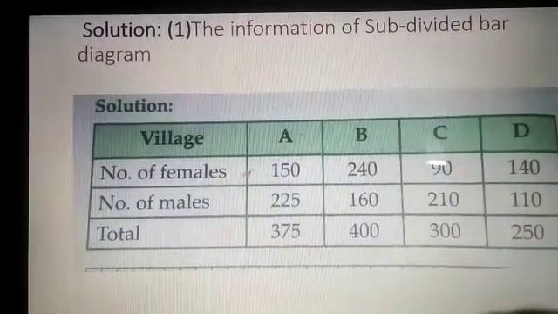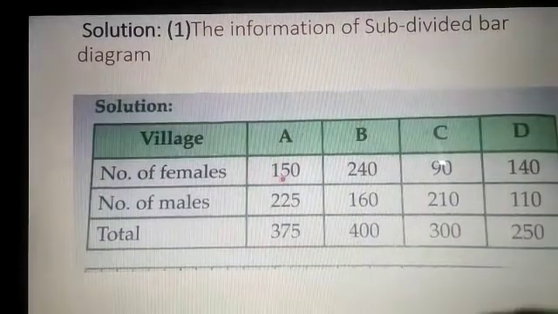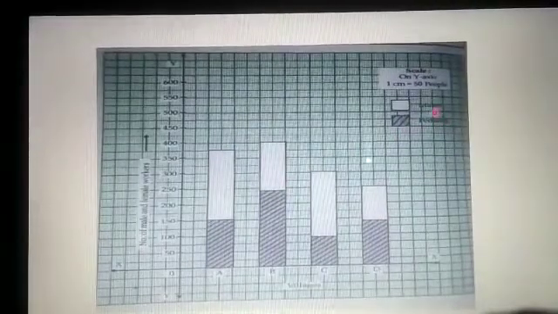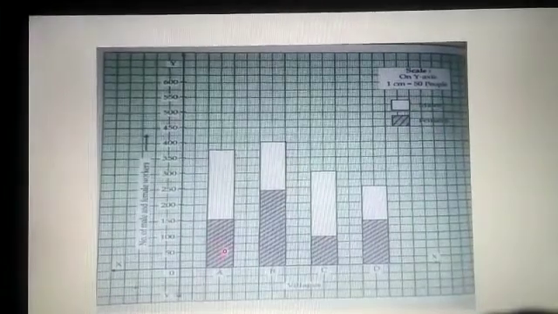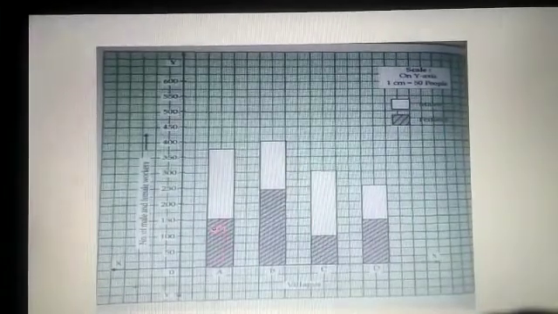So how many females are there in village A? 150. So here we have shown the plain box for males and the shaded box for female. So female information we will first fill here in the bar. Now how many females were there? They are 150. So draw the line